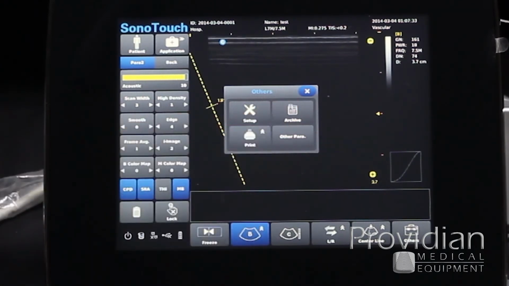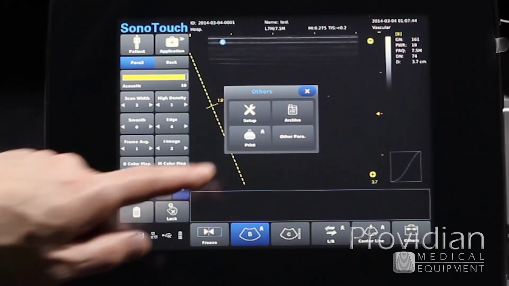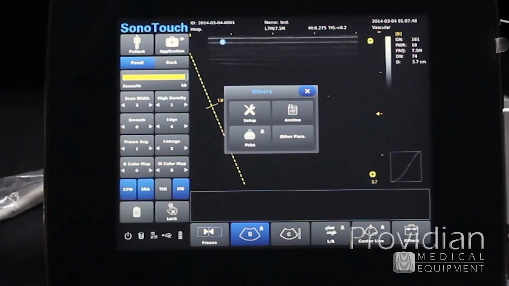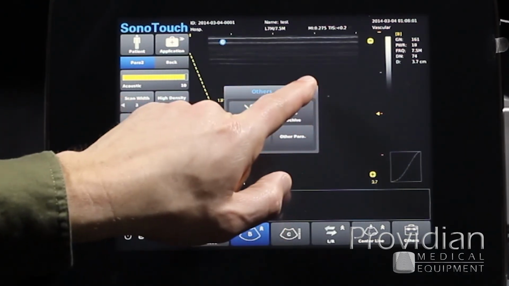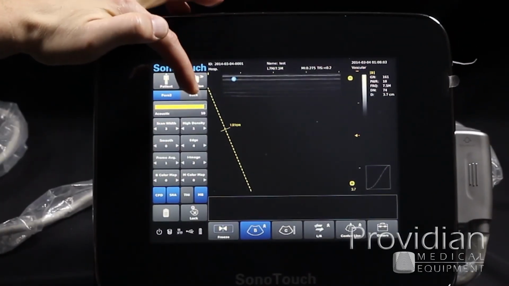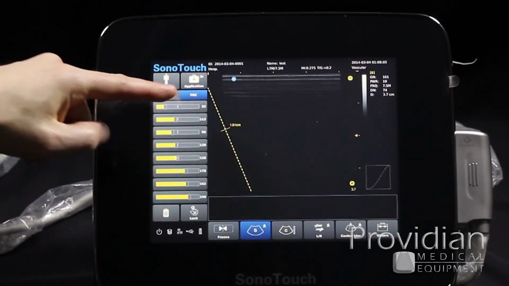Archive is where you go to previous patient information to pull up previous exams or images from a previous patient. Print, it's where you print to a report printer. You can also have other printers set up. There is a full thing to get into setting up custom printers through the USB port. We'll close here. I can click back to get back to my first set of parameters, back to the TGCs